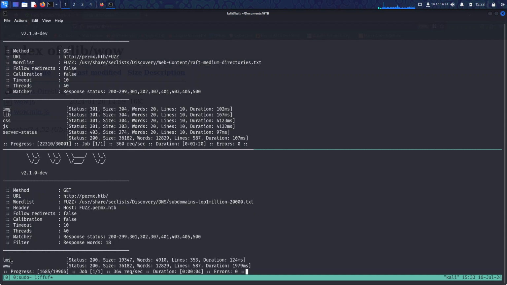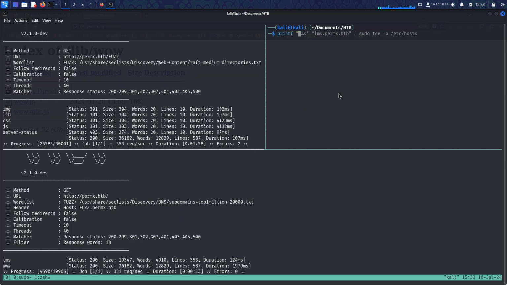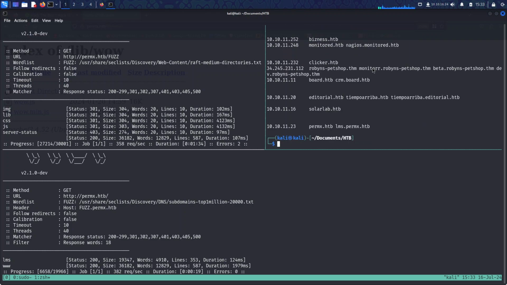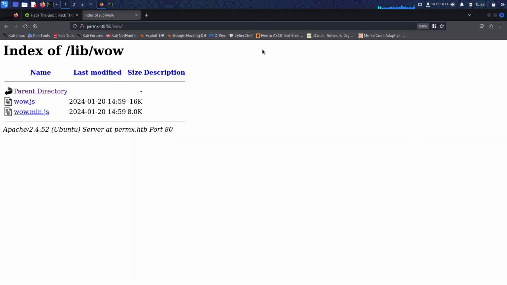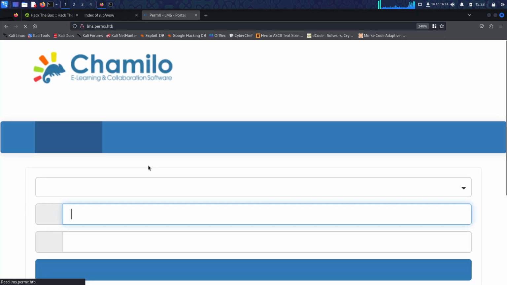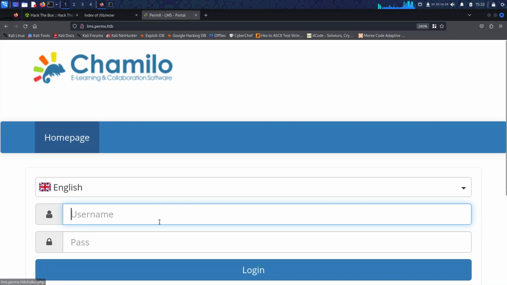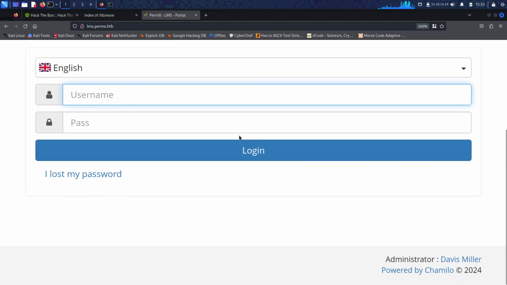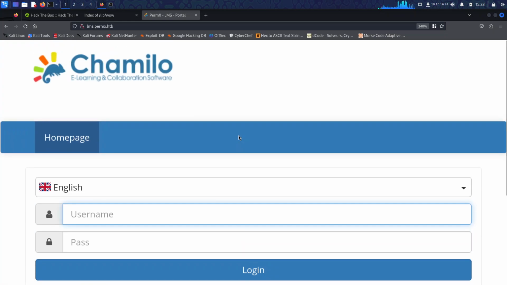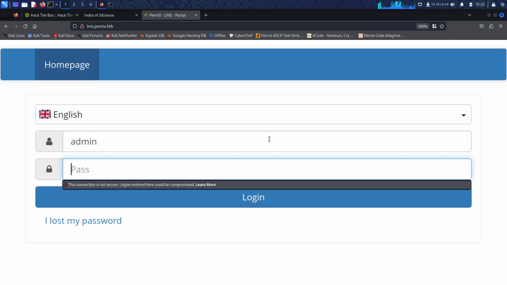So yeah, we already got a subdomain, and first of all we also need to add that in our /etc/hosts file. Yeah, so now we can directly visit the page. Let's see what we have in the page. So it is a login page, and we can clearly see that it is using Chamilo. By the way, we don't have the version disclosed over here, but yeah, Chamilo is an e-learning platform and a content management system. So we can try some basic credentials,